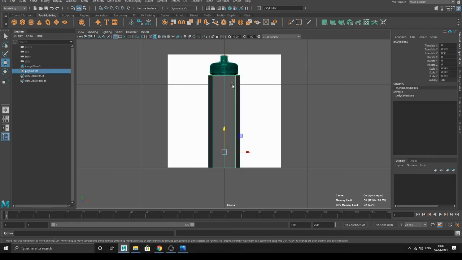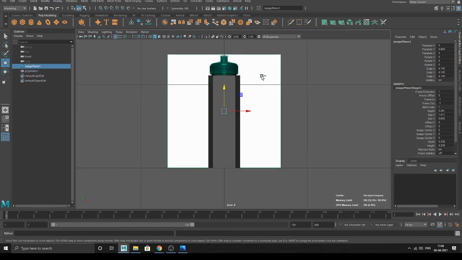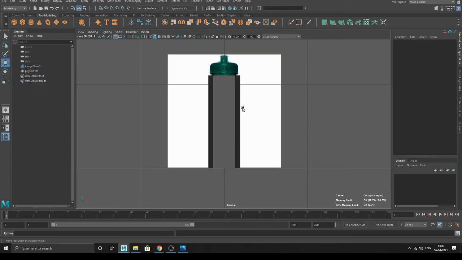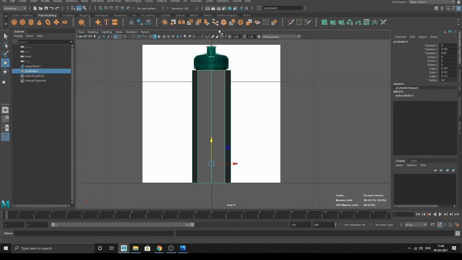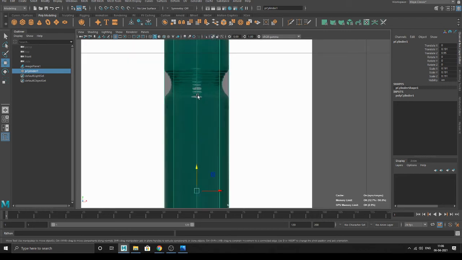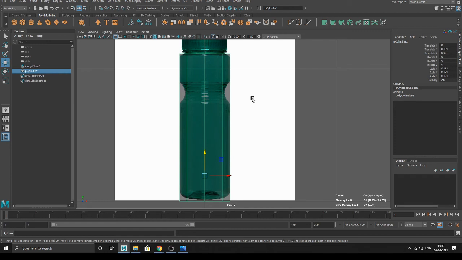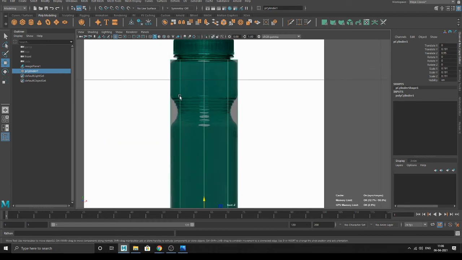Now we have to match the shape, because you can see this part is going inside like this and then coming out, right? So we have to match the shape. So now what we can do is, first thing I taught you, this X-ray thing over here. I hope you remember this X-ray. When you press this X-ray option here, what happens? You can see through it. Now you know what is the use of that option. You can see the reference image.